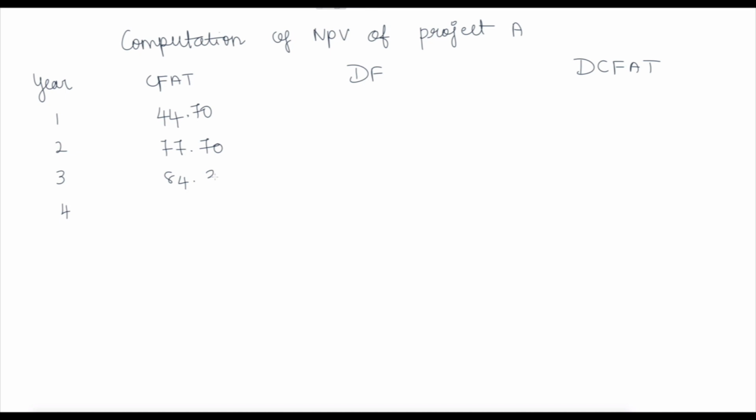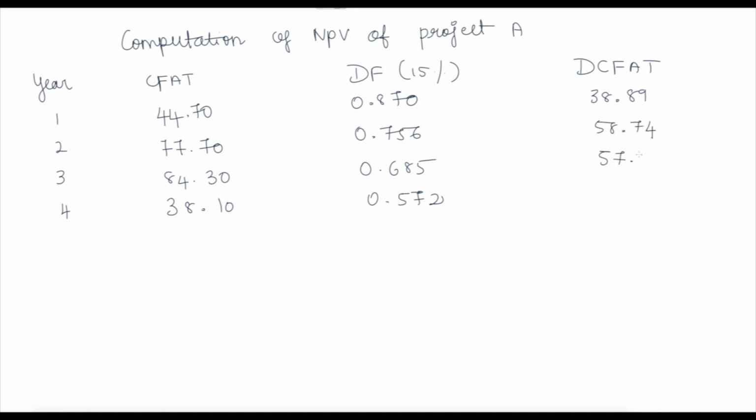Or you may do it like this, finding the present value of net cash inflow separately and then subtracting your investment from it. So the discount factor at 15% is already provided, so I'm just copying it the same from the question. So finally I will be arriving with my discounted cash flow after tax. Always have your calculator with you and work it out along with me, so you will be familiar. So minus initial investment, which is nothing but 60,000 into 1. I'm just subtracting my investment. So finally I'm arriving with my net present value.